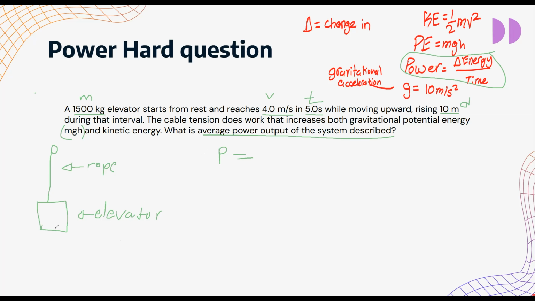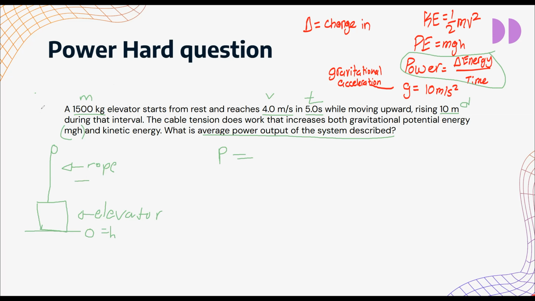So, change in gravitational energy. Starting at the bottom, we can set this as equal to 0 here. Like h is equal to a height of 0. And we know it's brought up to a height of 10 meters. So we can call this,